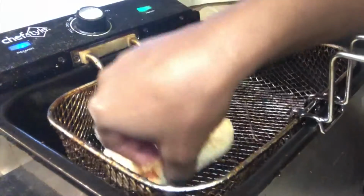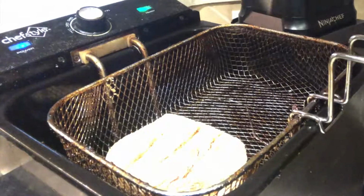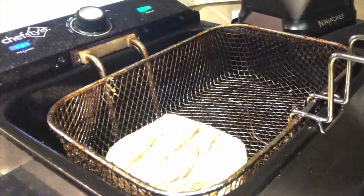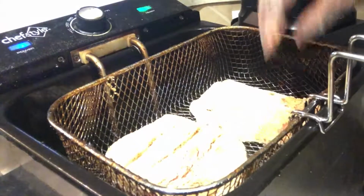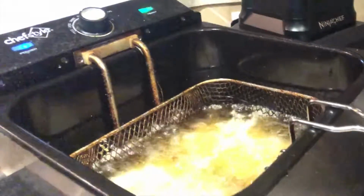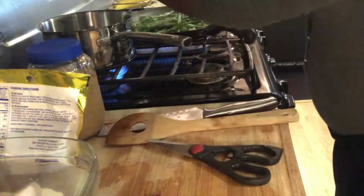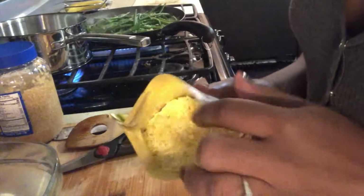First fillet, skin down. And second fillet, and go right in. And you can put the top on, but I'm just gonna leave it off so I can keep a close eye on. I'm gonna go ahead and put my butter in the boiling water. And this is what it looks like. It's just yellow